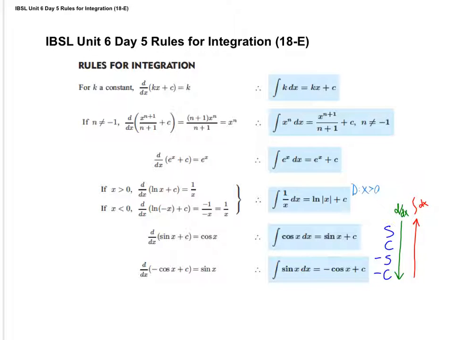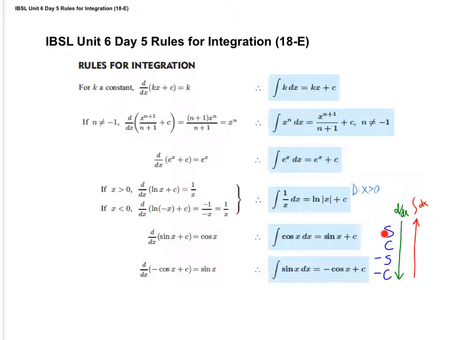from Mrs. Barbag really comes in handy. Sine, cosine, negative sine, negative cosine. As you go down, you're taking the derivative. As you go upwards, you're taking the integral. So the derivative of sine is cosine, derivative of cosine is negative sine, derivative of negative sine is negative cosine. However, if I take the integral